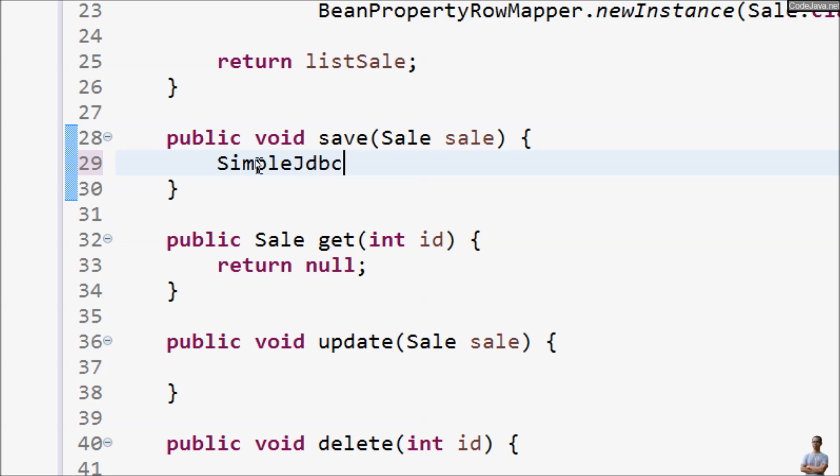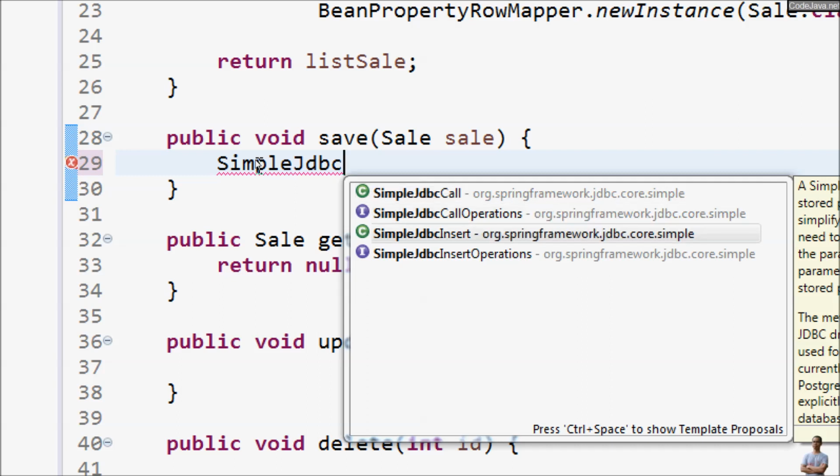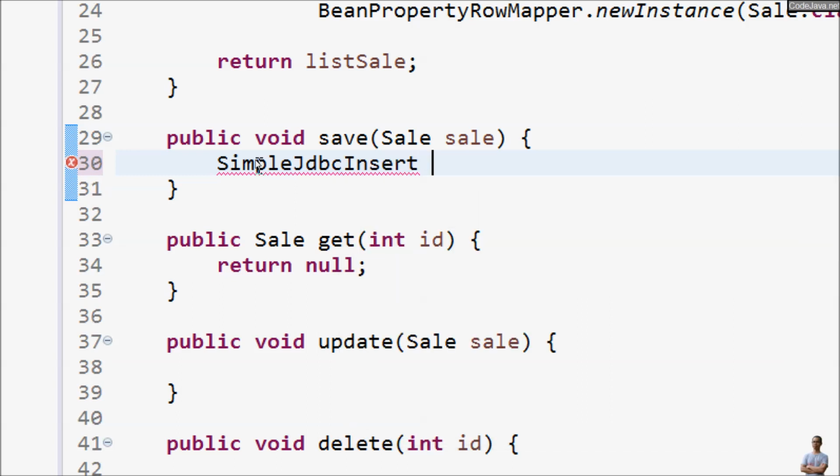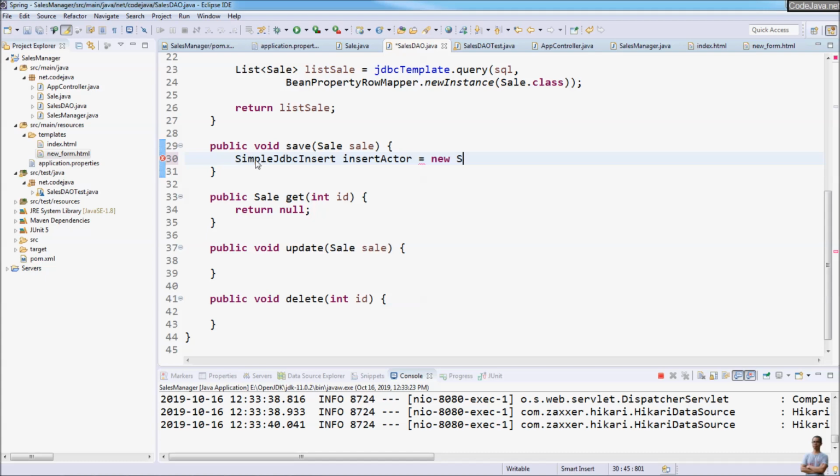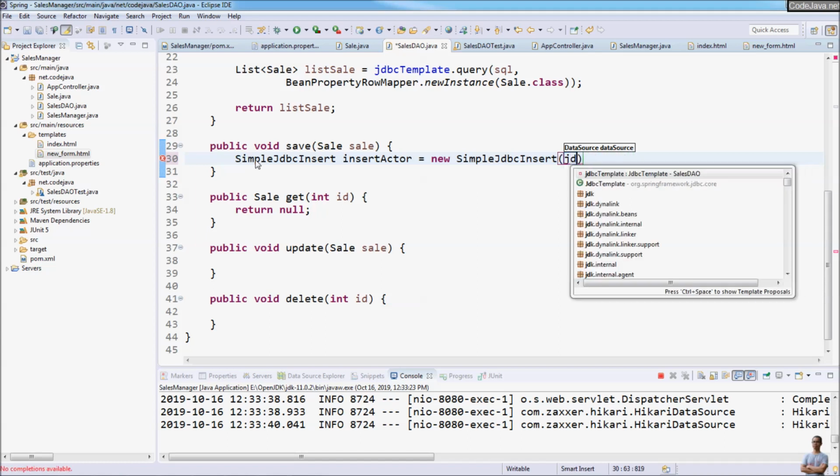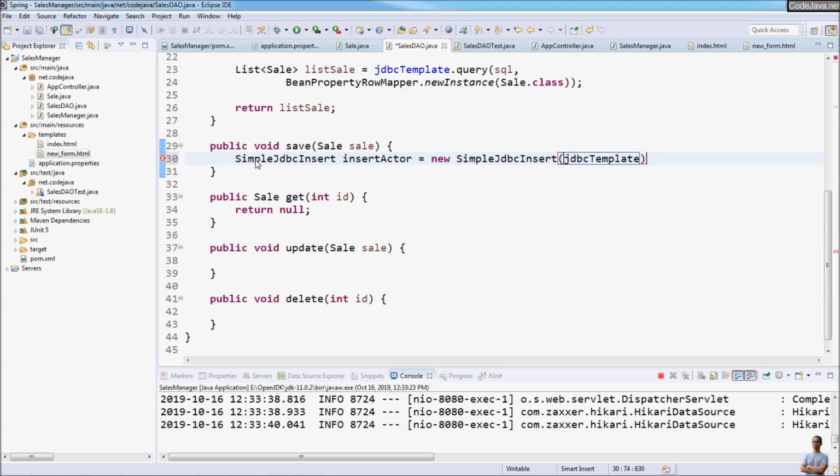SimpleJdbcInsert insertActor equal new SimpleJdbcInsert, take the JDBC template as argument,